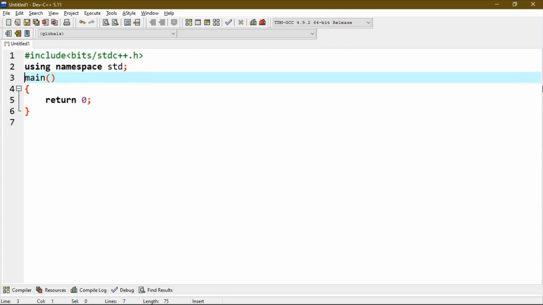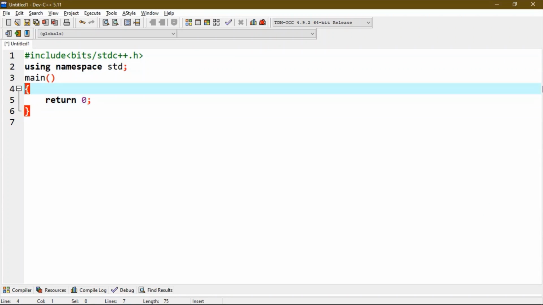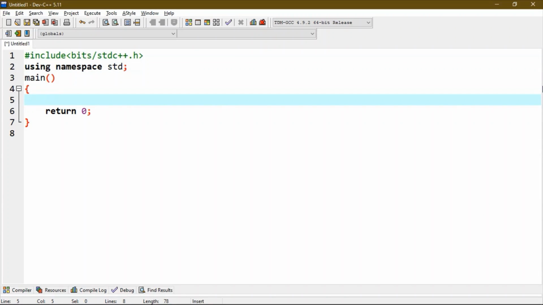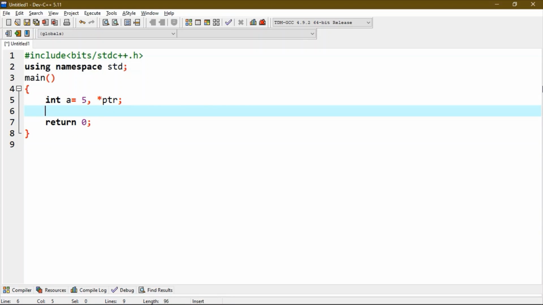Let's write a code. We will declare a variable a equals 5 and a pointer ptr. Then we will assign this variable a's address to pointer ptr.